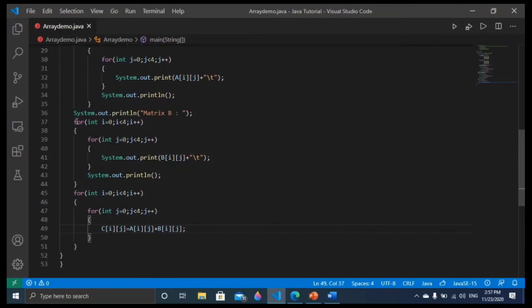So how to print it? Again we have to write the for loop. So I am going to copy this and I will make some changes.